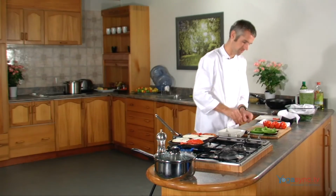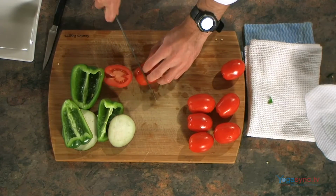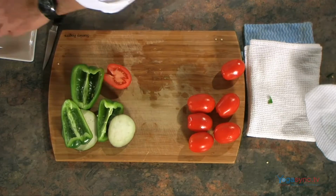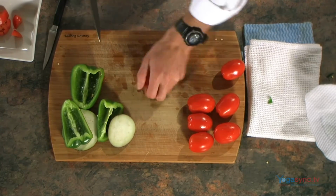The tomatoes can just be diced more or less into about just over centimetres sort of square pieces. We've got these